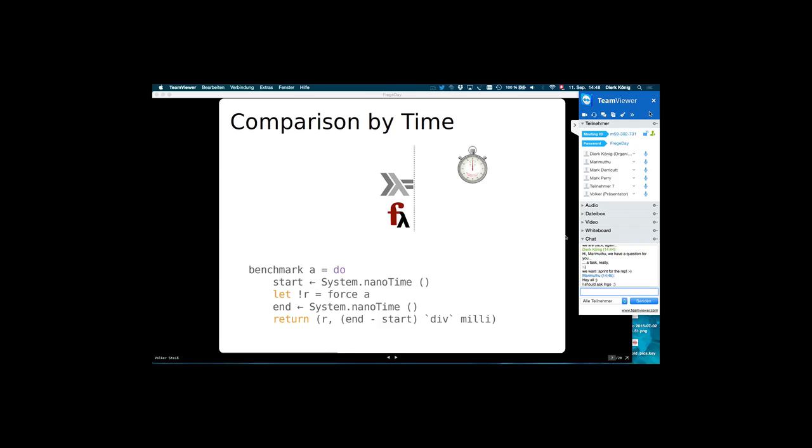And this force function is just taken from the NFData module of Haskell. It will need A to implement the NFData type class. Will it do deep evaluation? Yes, it's deepseq. Ah, okay.